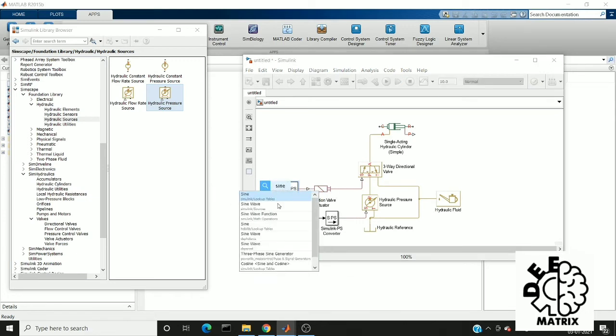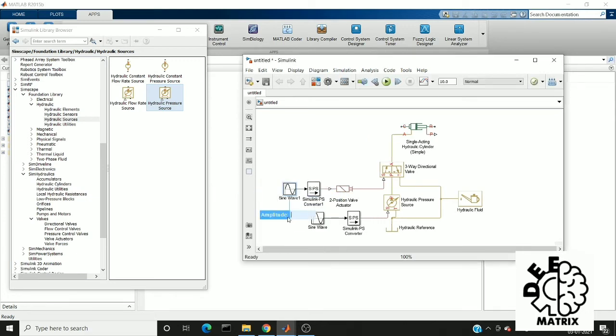Since I have given a sine wave input to this control valve, it will move in a sine format: for the upper signal it will move to this side, for the lower one it will move to this side. So it will be like a right to left movement.